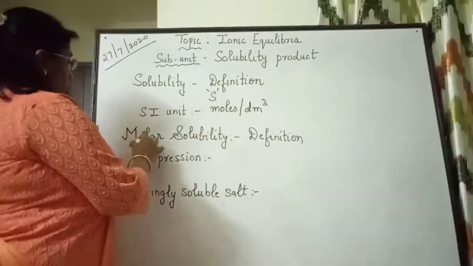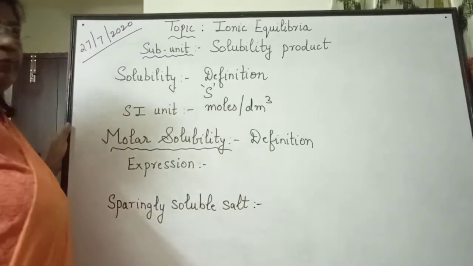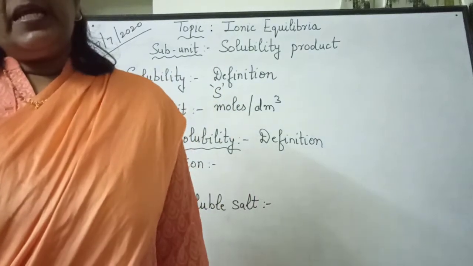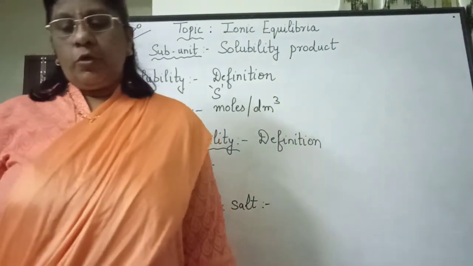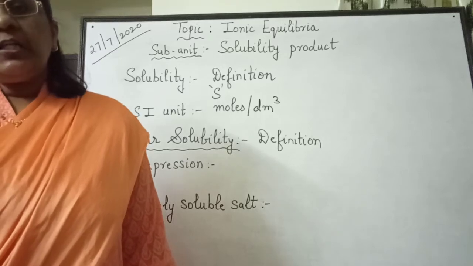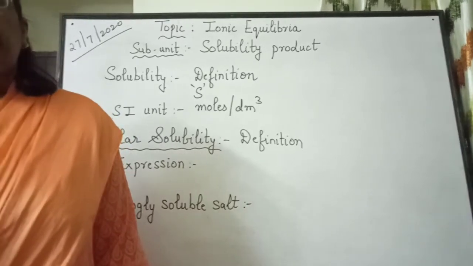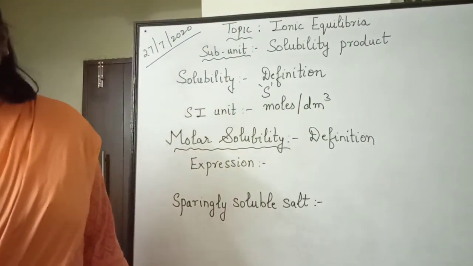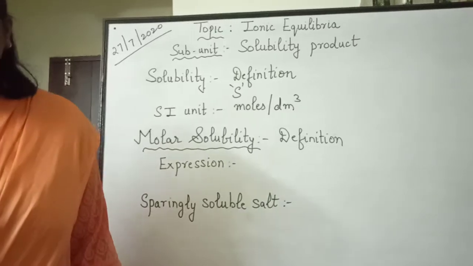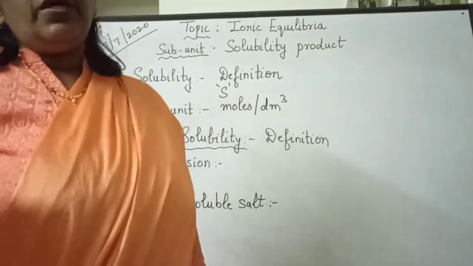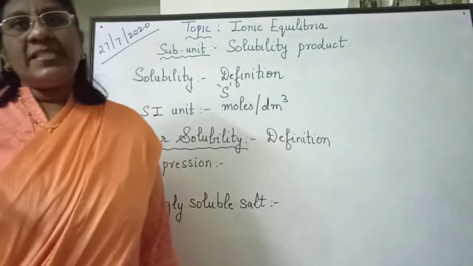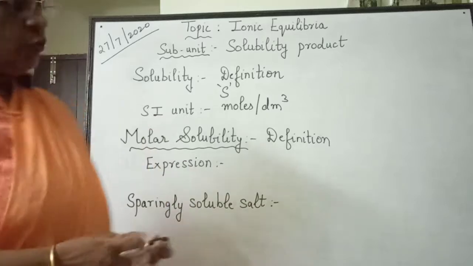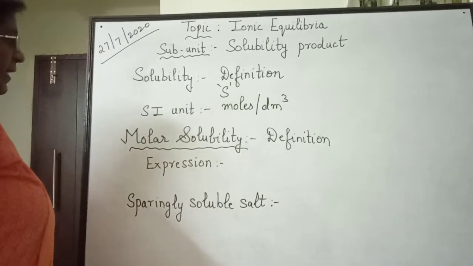Now solubility can also be indicated as molar solubility. When we say molar solubility, we can define it as the number of moles of a compound that dissolves to give 1 liter of a saturated solution. Now molar solubility can be indicated as